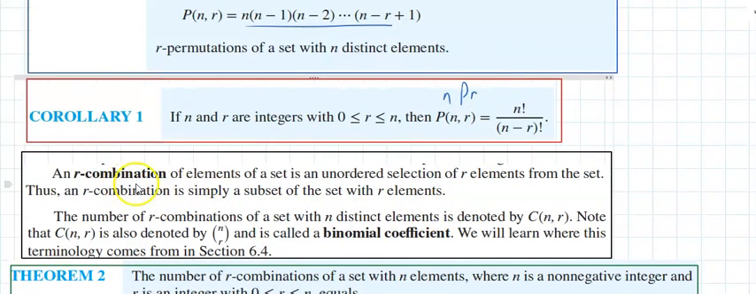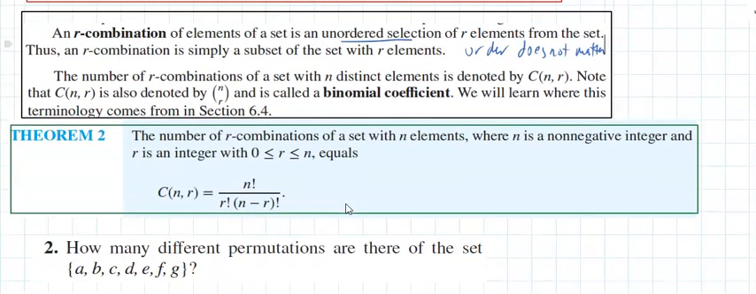Combinations. An R-combination of elements of a set is an unordered selection of R elements of the set. That means the order does not matter. Thus the R-combination is simply a subset of the set with R elements, and we use for that